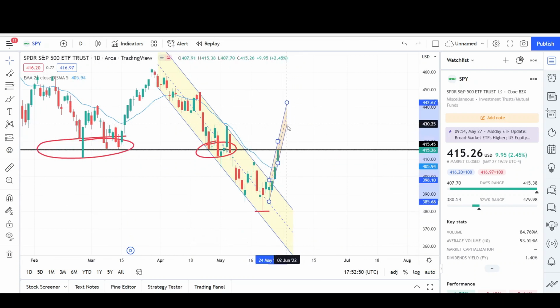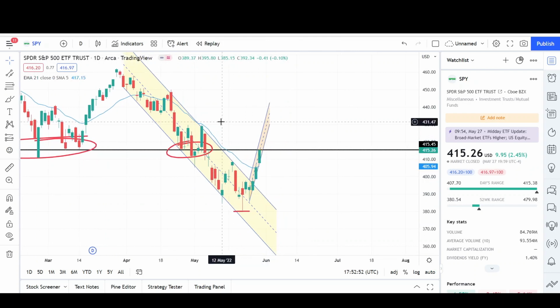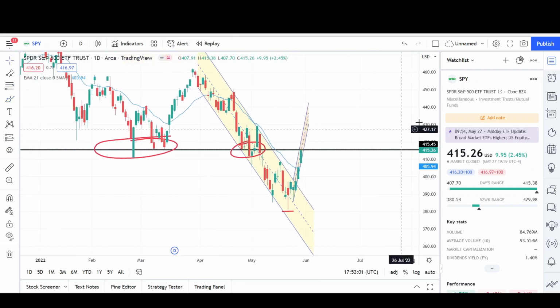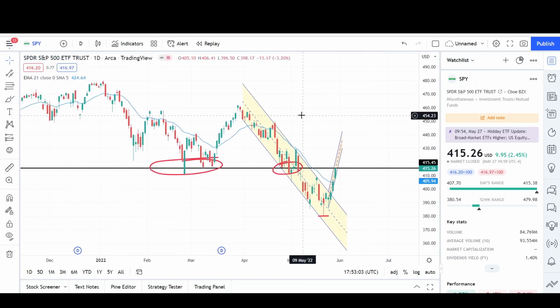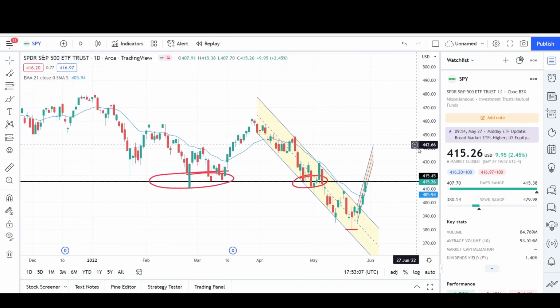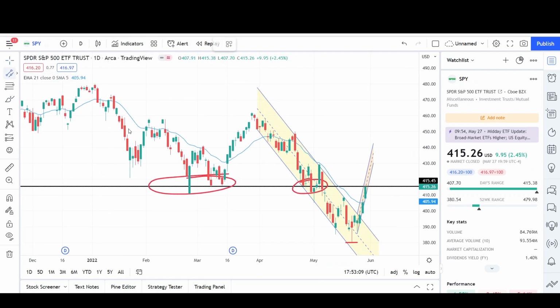However, since we had this breakout and it does look pretty strong, I think we can reach that 430 level, back up to these prior highs, or this swing right here. And if I zoom out on the chart, you're going to see something pretty spectacular, something that no one else will probably be talking about on YouTube, but I'll show you guys what I'm talking about,